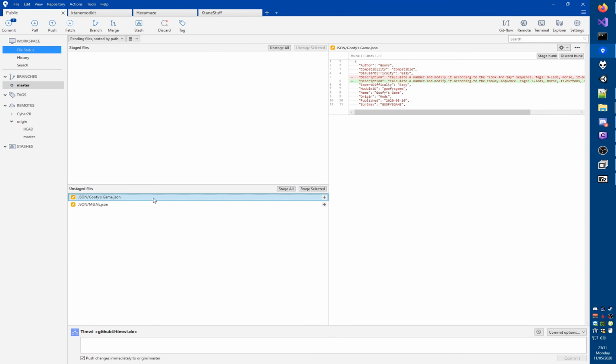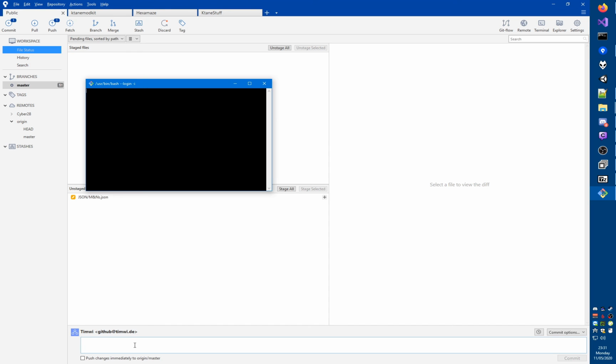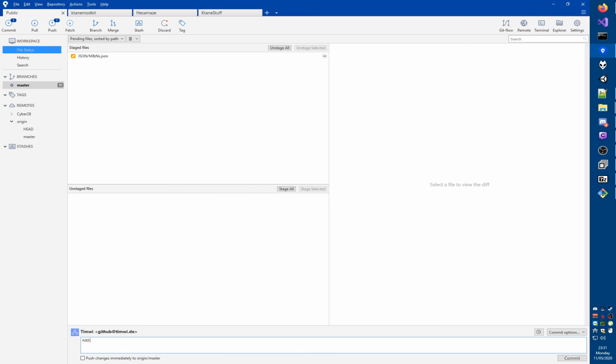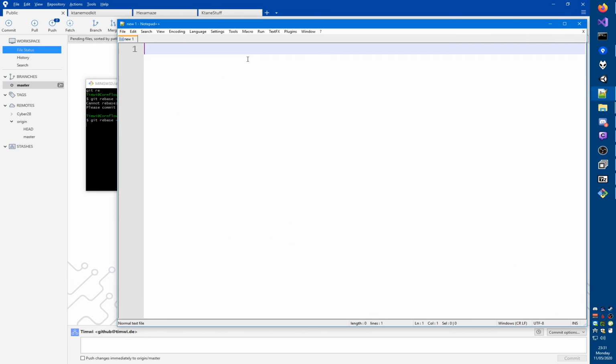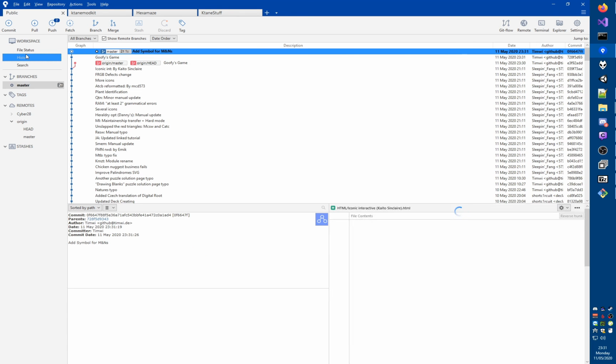Alright, so let's actually submit this. And let's squish that with the previous change. Okay, it wants me to submit this first, so add symbol for M and N's. Let's do that. And then let's squish those two. And then, so here's the thing, right? I want to,